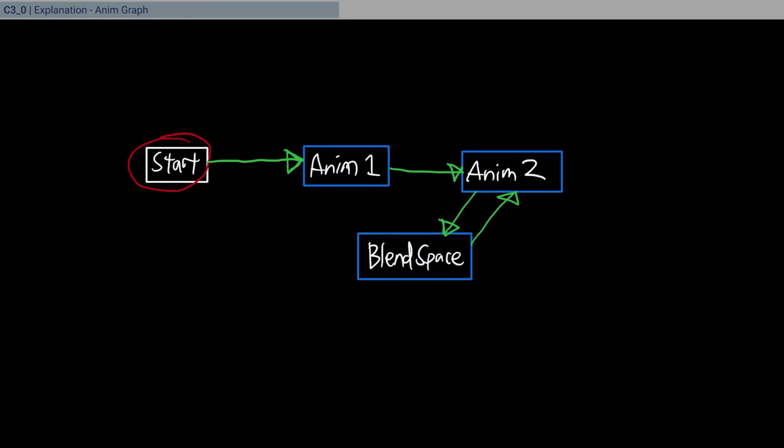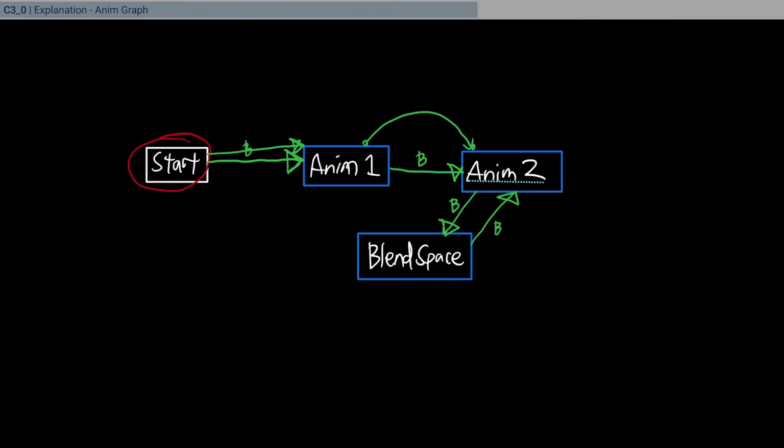And these connections have a condition that will allow a certain animation to transition from one to the other, and that's going to be a Boolean value. So they have a Boolean here. And some of them you can just say auto, just do it anyway. And so those will just go regardless of what the condition is. Others you can specify, right? And usually you have a speed value or other Boolean values that you can set